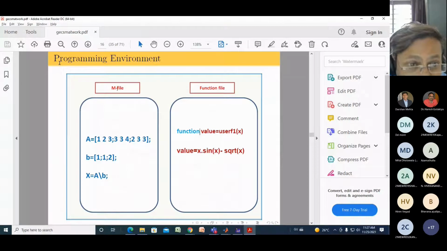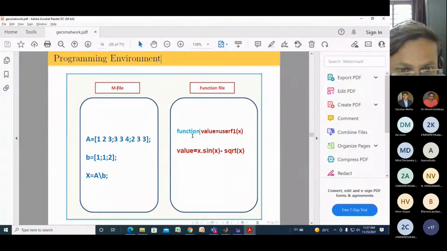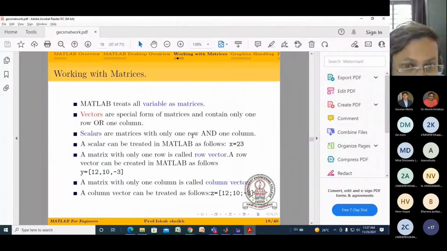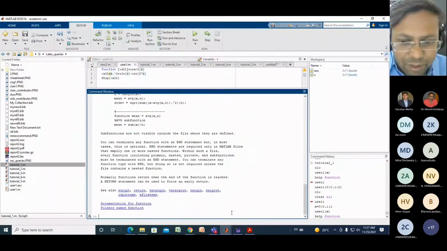Okay, so MATLAB also provides a programming environment. So these two programming environments are available in MATLAB. Now the matrices, it's a very important part because many of you may be involved with matrices. At that time it is very important to know the attributes, how to work with the matrices. Okay, so it is very easy. The matrices method is simple.